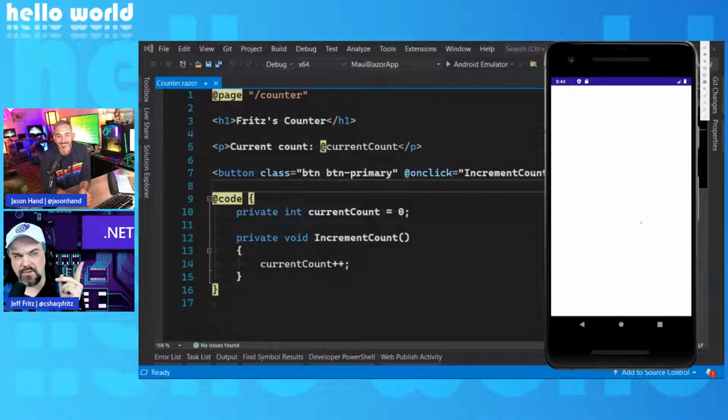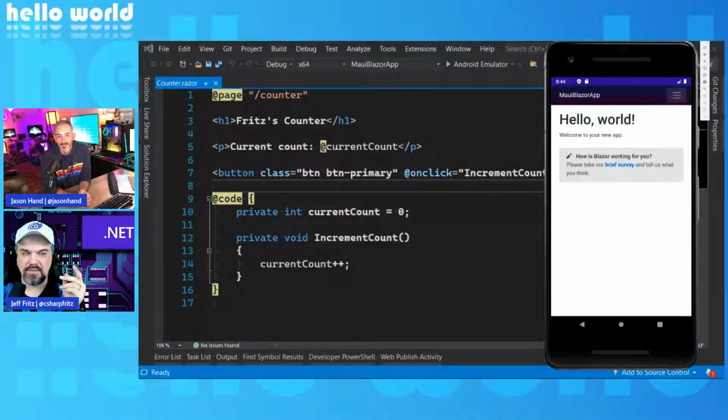Always with preview code and demos. That's how we do things around here. Oh my gosh, you weren't kidding. There it is. Hello